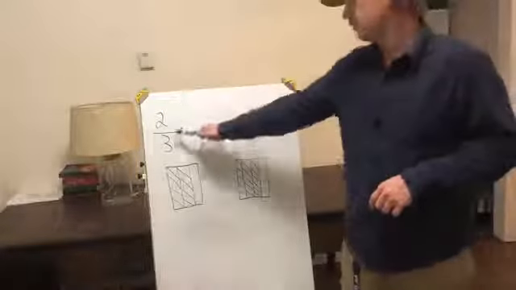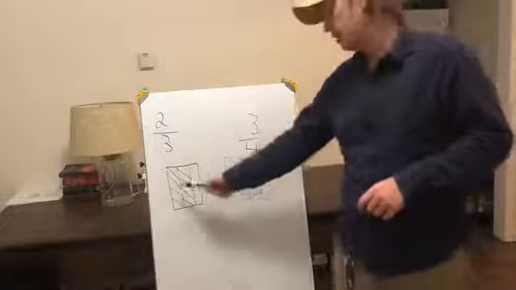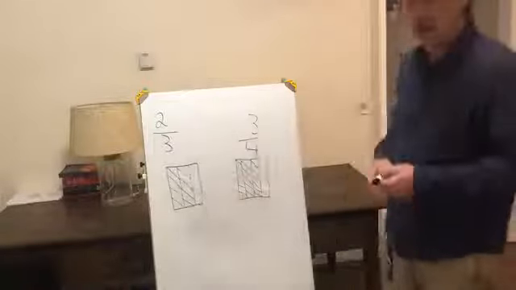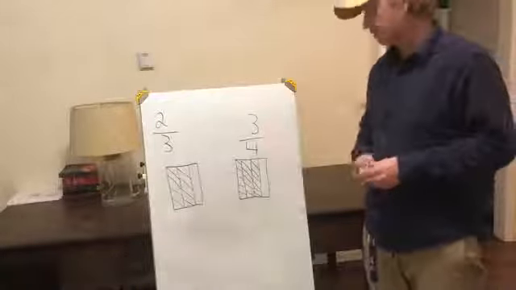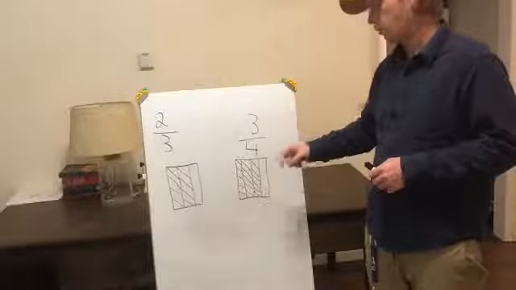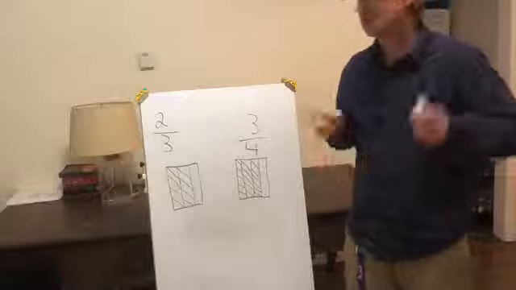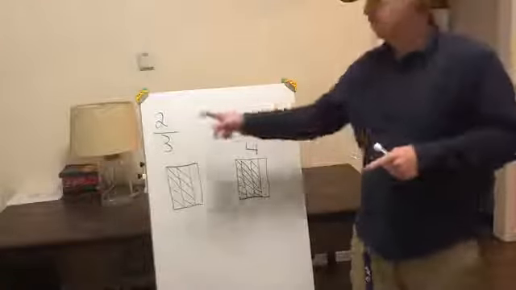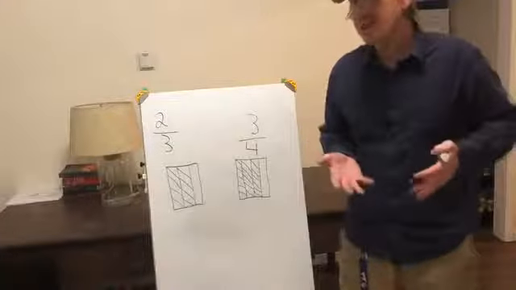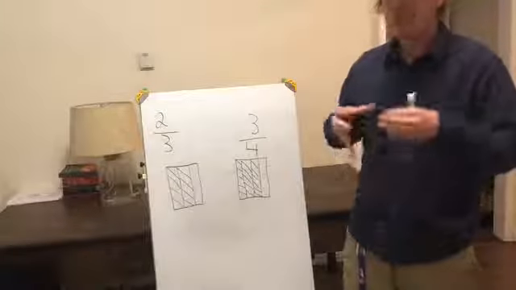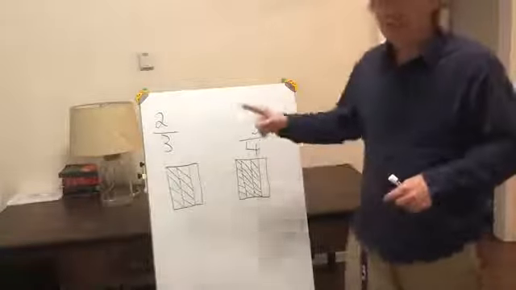So right here I have 2/3, and I've drawn it out. I have 3, and 2 are shaded in. And over here I have 3/4. We have 1, 2, 3, 4, and 3 are shaded in. From previous lessons, you might already know which one of these is greater. And that's okay. What we're doing is practicing finding common units so that when the fractions get harder, you